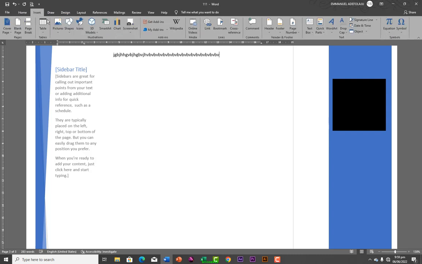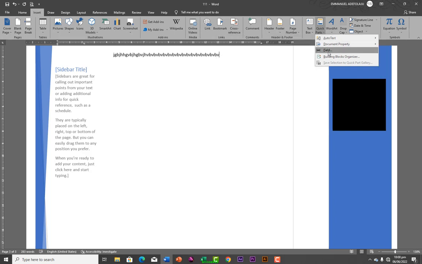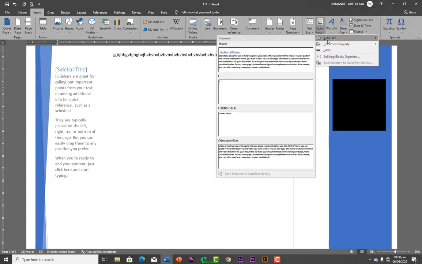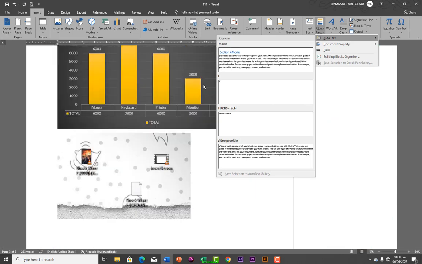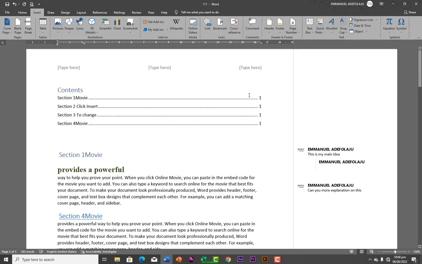Alright, so if you click on Insert, apart from the text box, you have Quick Parts. Under Quick Parts, if you click on the arrow, you have Auto Text, you have Document Property, Field, and you have Building Blocks Organizer. So under Quick Parts, for the Auto Text, if there's a text, let's say